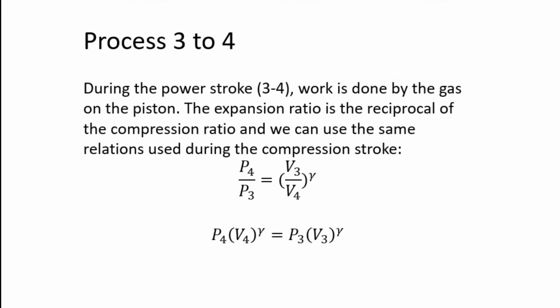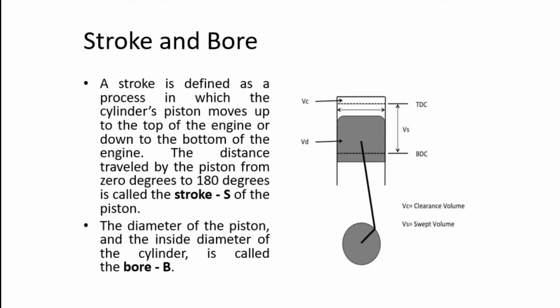So students, you must know about the kinematics of the engine. First we must know what is stroke and bore. So stroke is defined as a process in which the cylinder pistons move up to the top of the engine, or it moves towards the bottom of the engine. In order to find the stroke, it is the distance traveled by the piston from 0 degrees to 180 degrees, and the bore is actually the diameter of the piston, or it is actually the inside diameter